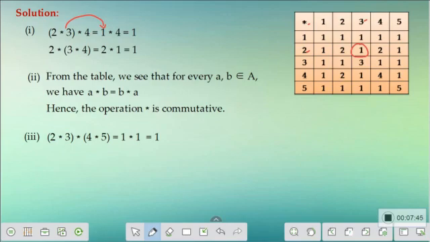Star 4, which we have already, I'm rewriting it here. So it is nothing but 1 star 4. Now let's go back to the table and find the value for 1 star 4. So this gives you this value, which is equal to 1. I hope you are able to understand how to locate the values from the given table. So we have (2 star 3) star 4 equal to 1.